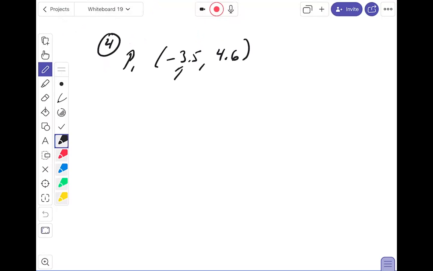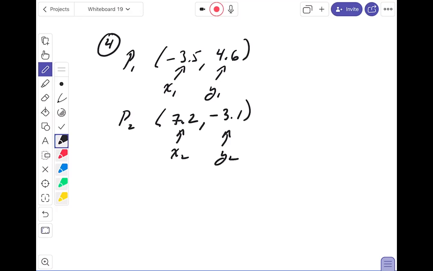I want to point out what this means. This is x1. This is y1. They give me P2. What's P2? P2 is 7.2, comma, minus 3.1. This is going to be x2, y2. And what they want us to do is compute the distance to the nearest hundredth, and also find the coordinates of the